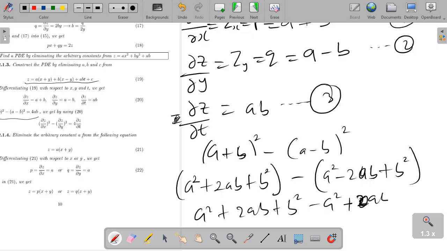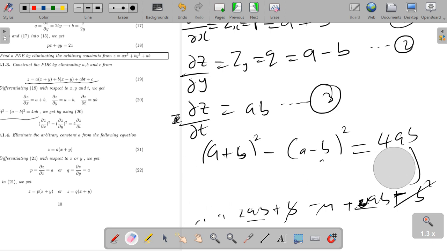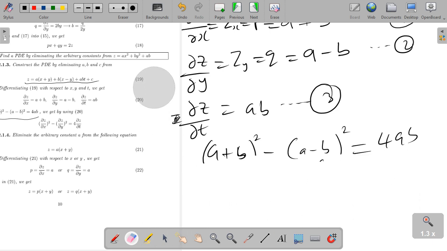So this 2 is something as saying 4ab. 2ab plus 2ab is 4ab. So having known that, you will see that it will not be easy to eliminate. So to eliminate that, we are going to have this thing now, this thing is something as saying p squared. So this is p squared. This is p squared minus, this is something as saying q squared is equal to,